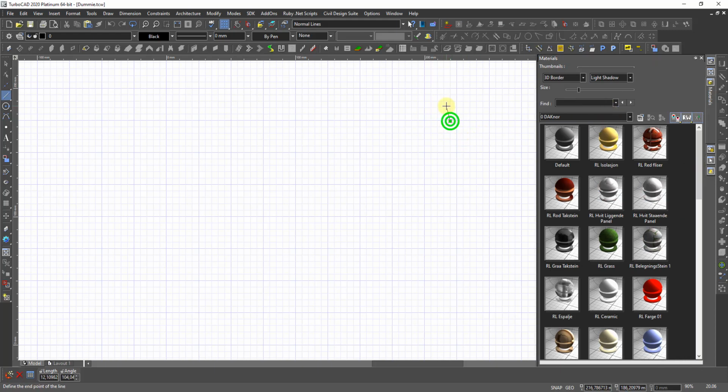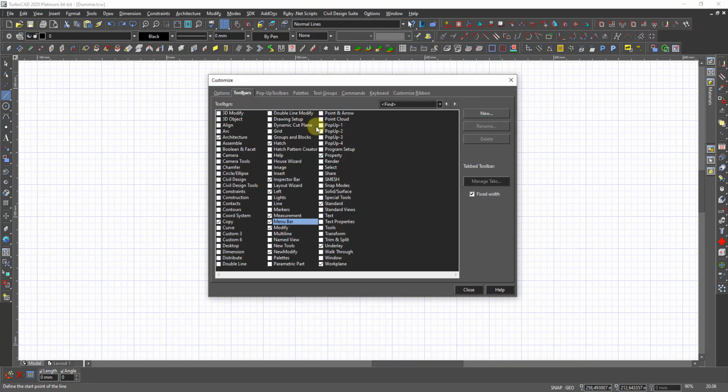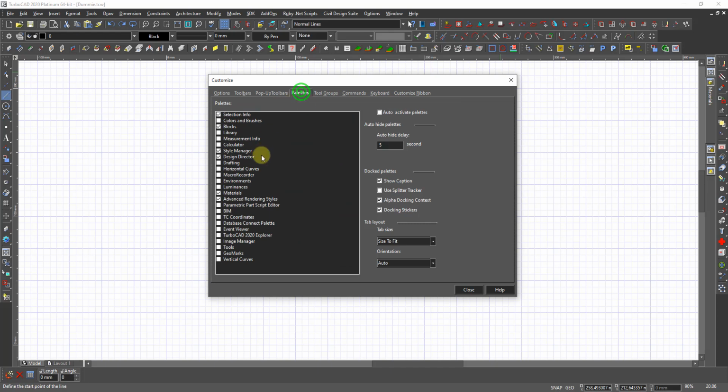But what we forgot was to open the palette, check the palette area. We can go and say it should force it vertical. And I close everything except selection info palette. And then I open it in the way I want it, because in the way I open this, the way it will come. So I normally go down to